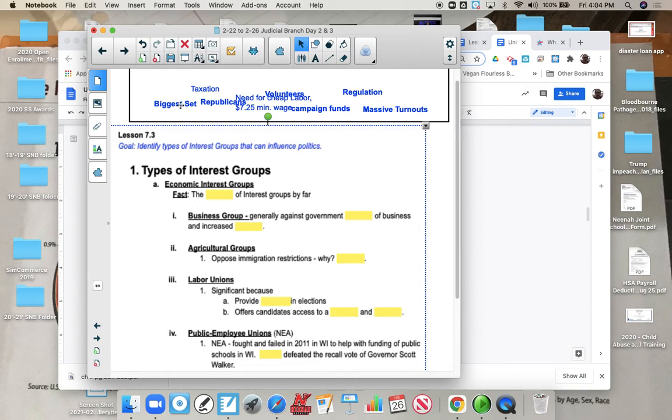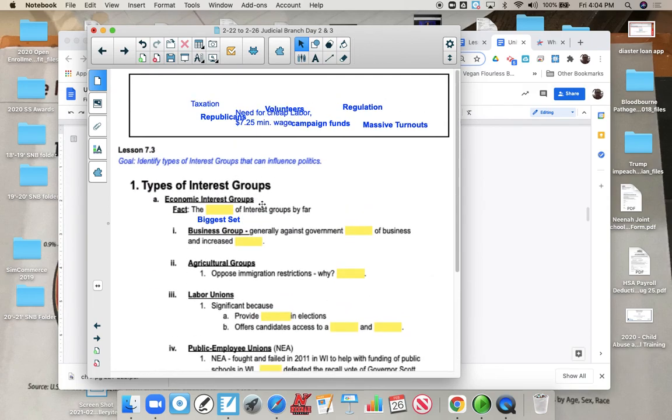So here we go. Economic is clearly the biggest set of interest groups by far. There are business groups that infiltrate politics, and generally they are against the regulation of government, and they do not support increased taxation, so they want lower taxes. Agricultural groups are really working hard to keep the doors for migrants open from different countries, Mexico, Africa, Asia, it doesn't matter, because they need cheap labor, $7.25 or less an hour, to make a profit on their sales of